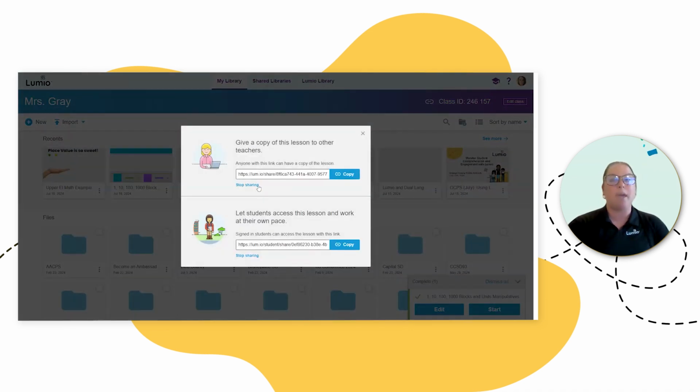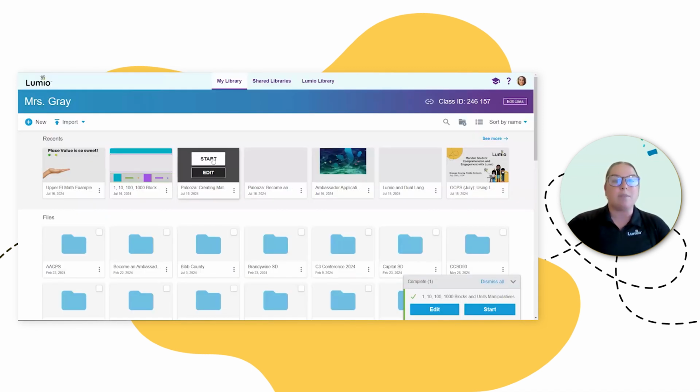I can share it with maybe Holly, and I were colleagues. I'm like, hey girl, I made this quick M&M manipulative. Maybe you'll want it. I can take that link and share it with her. You have some options with Lumio, and hopefully you'll dive a little bit deeper. But hopefully you saw some strategies in this session for how you can use it in your upper elementary math class.